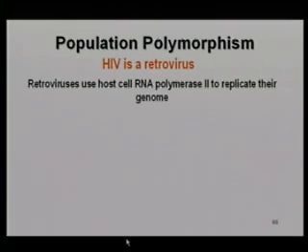Now, I stressed this last time, this business of population polymorphism. And amongst retroviruses, we've already seen, this results from two things. One, it's using a host cell enzyme, like all other retroviruses, to duplicate its genome. Normally, that enzyme makes messenger RNA. Messenger RNA is used a couple of times and degraded. If you've got a mutation in one of your messenger RNAs, it doesn't matter. If there's a bit of misreading when Pol II transcribes that gene, it doesn't matter if there's an occasional amino acid that's wrong.